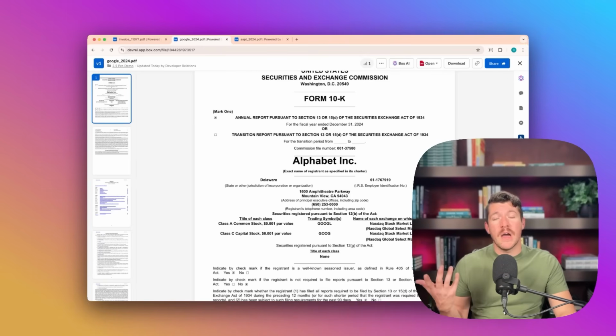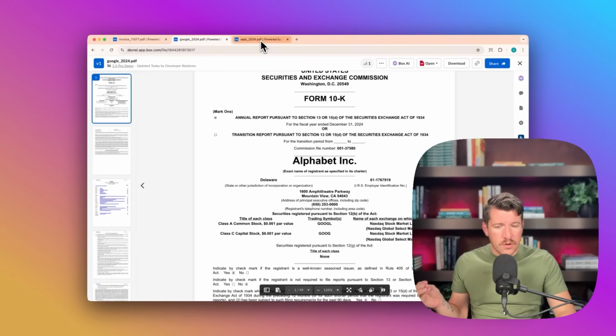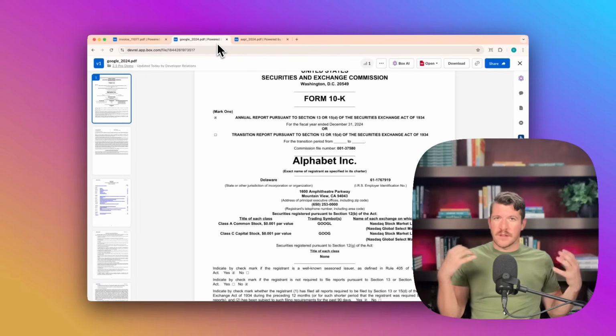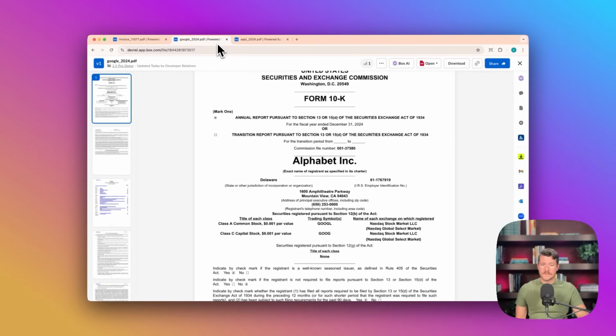For the next example, I want to compare two different 10Ks, one from Apple and one from Google. If you're not familiar, 10Ks are like really long financial documents. Obviously, these are going to be great tests for 2.5 Pro just because there's a lot of information for it to process. Jumping over to the code,